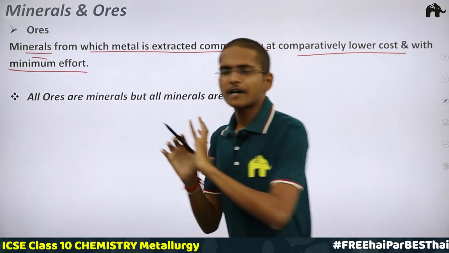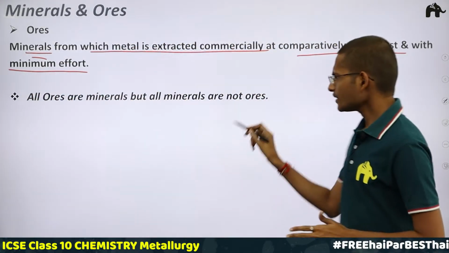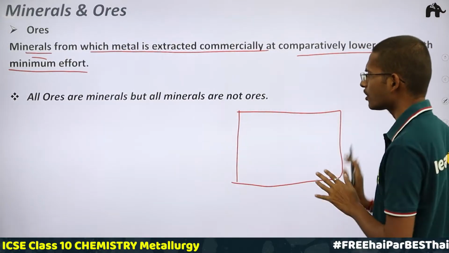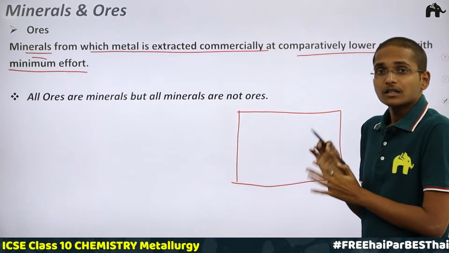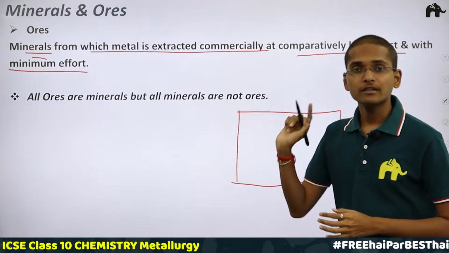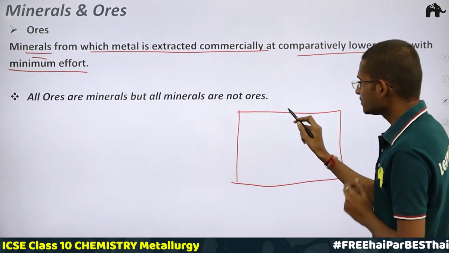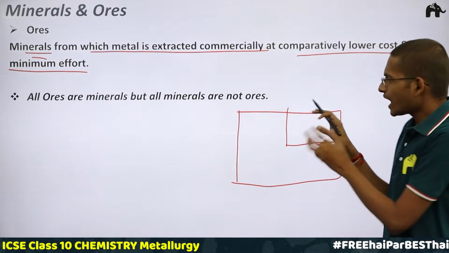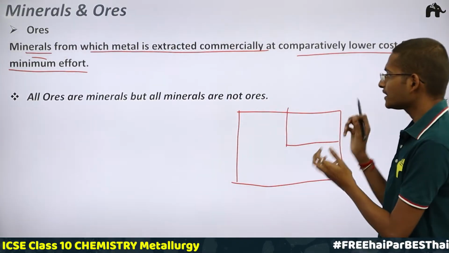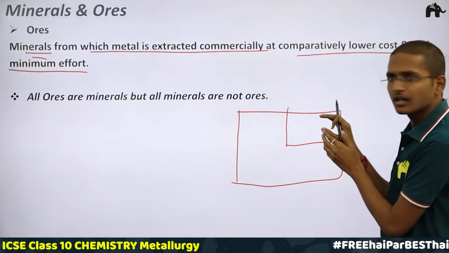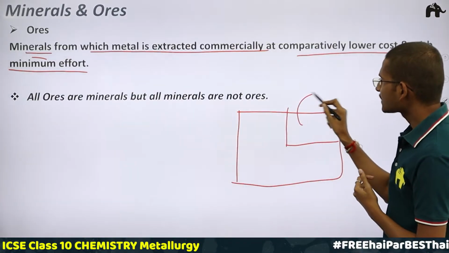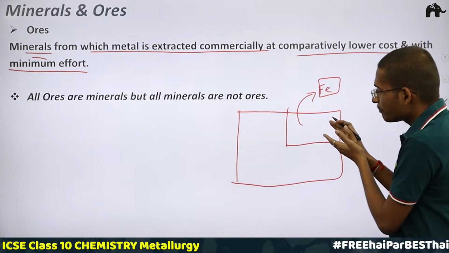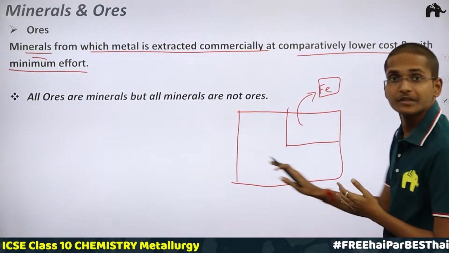So if I want to extract iron, suppose I have so many minerals with me. This entire square box is full of minerals of iron. But which minerals would I call ores? Only some of these minerals. I would analyze them, and then I would get to know that only some of these minerals are such that I can extract the iron in pure state, and also at a comparatively lower cost than the other minerals,